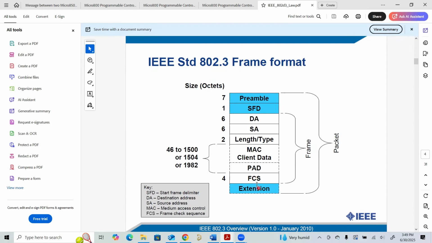There could be some extensions. So you can refer to the messaging packets and frames using IEEE standards. I'm not going to cover them in detail,